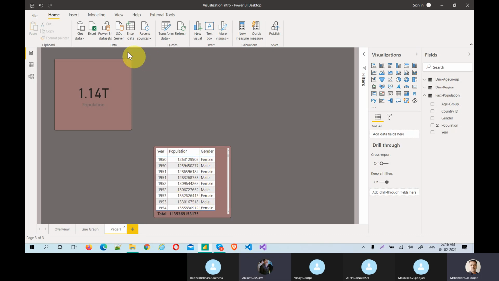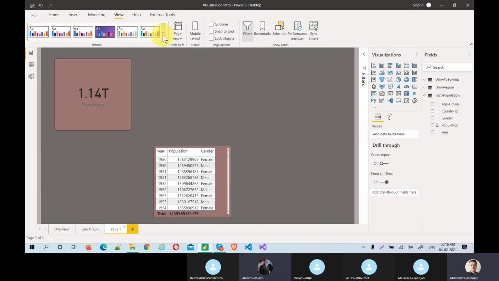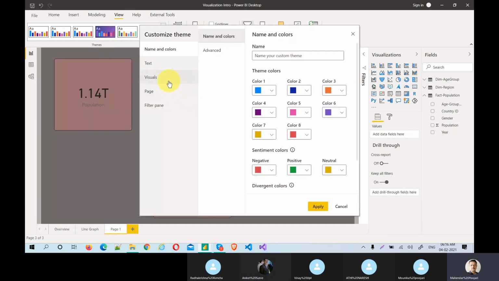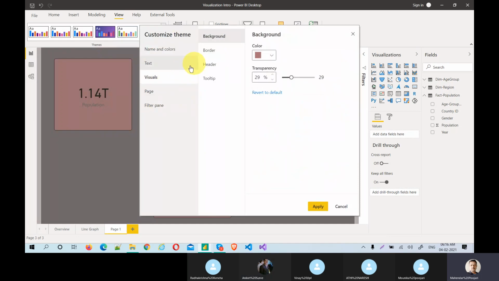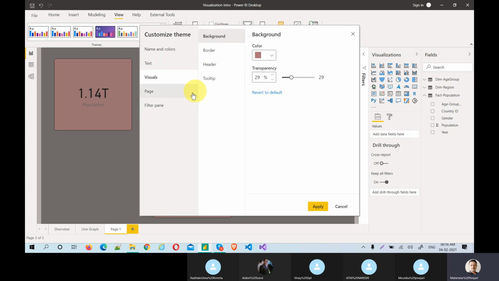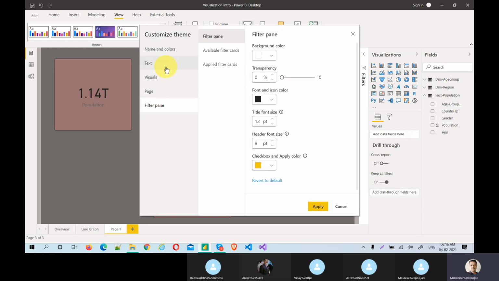See, if you go back and look in the view, do we have anything specific to only the table? Let's go to visuals. It's only visuals, and you don't have any table visual. But yes, there is a header option, but header for all, border for all visuals, background for all visuals. You do not have any specific visual type. Got you.